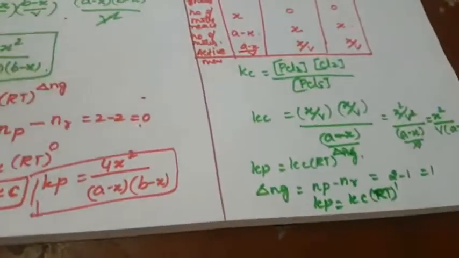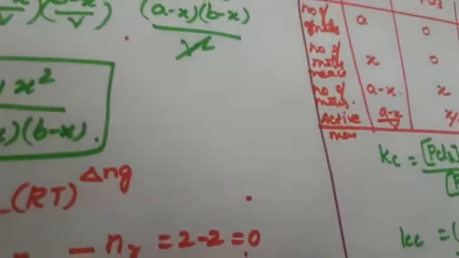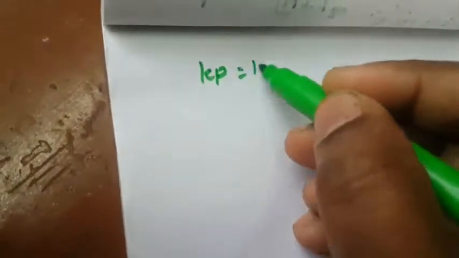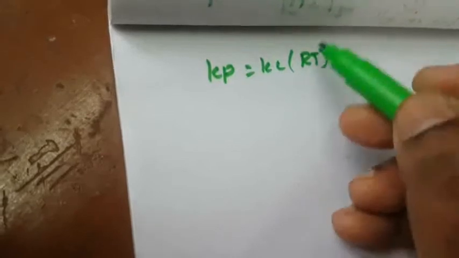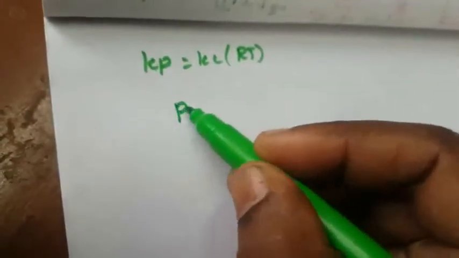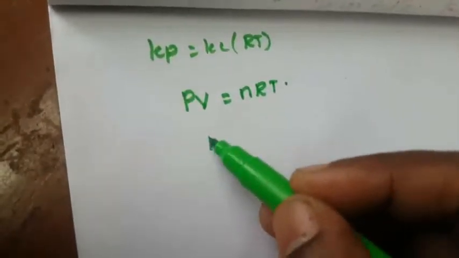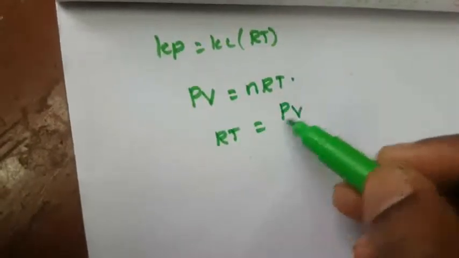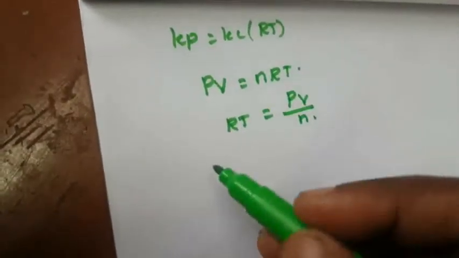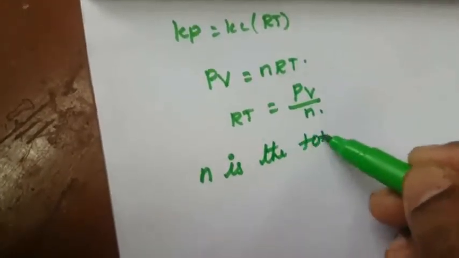Now how to calculate the Kp value? We already know that Kp is equal to Kc RT, with delta Ng already 1. So what is the ideal gas equation? PV is equal to nRT. What is RT? RT is equal to PV by N. What is N? N is the total number of moles